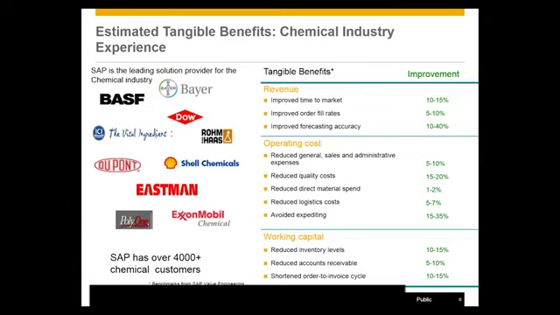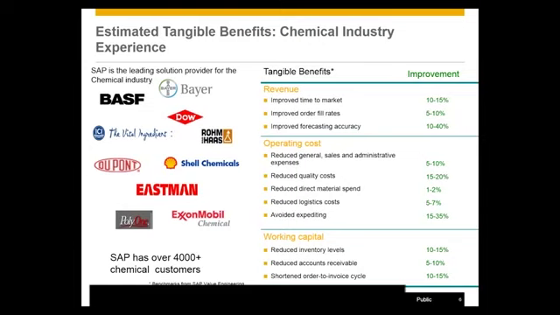This improvement parameter is coming from our benchmarking, from our value engineering team, and this is standard worldwide. Working capital, again, with our solutions, you can have a much reduced inventory level. It can go up to 15%, reduced accounts receivable, and shortened order to invoice cycle. Now, the benchmark which we are seeing on the right side of the screen is a global standard. Typically for companies, we have experienced that this can be much, much higher than what we actually expect.